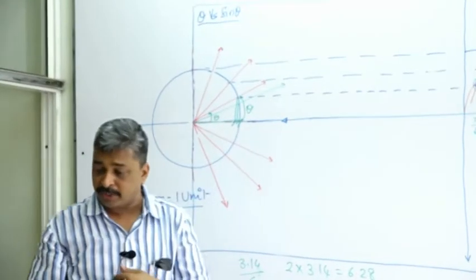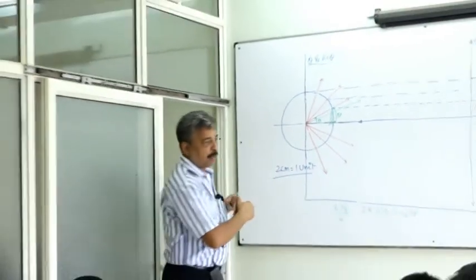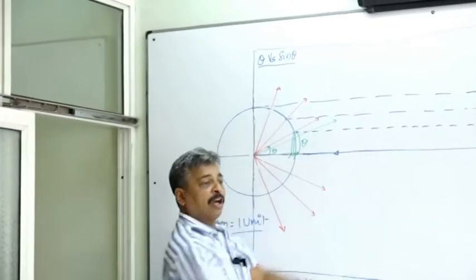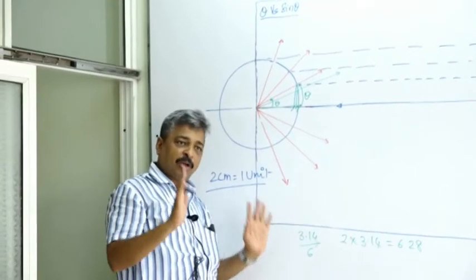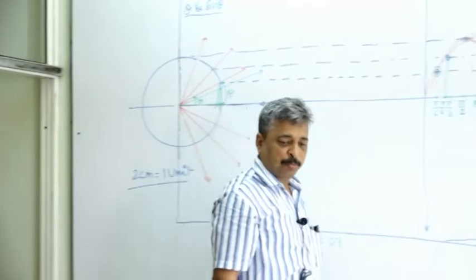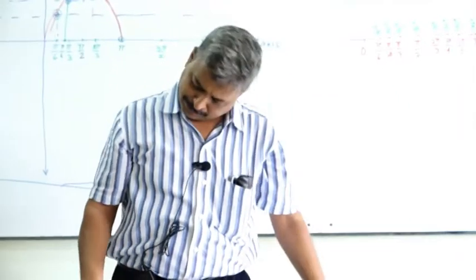What were we trying to find out? Cos 30 we want. It is sin 60. Sin 60 will be cos 30, and so on, using school trigonometry. So just plot that point. Correct, correct, correct.